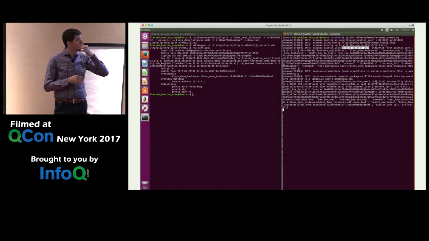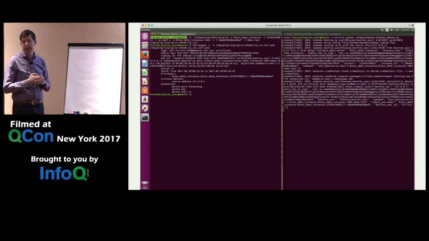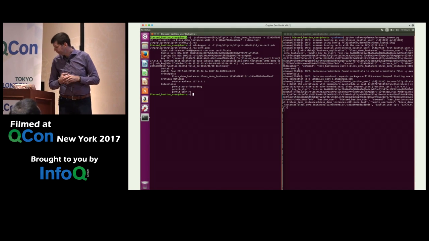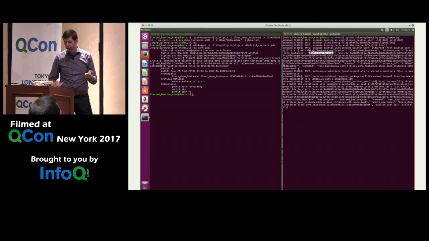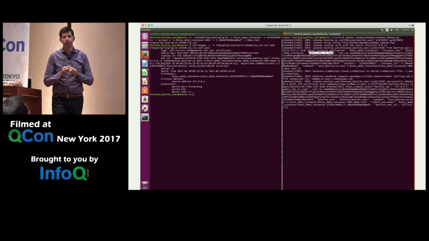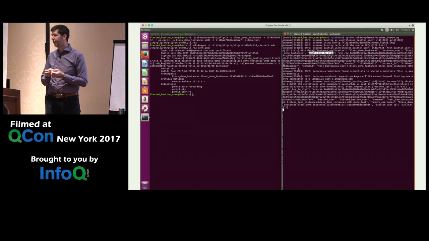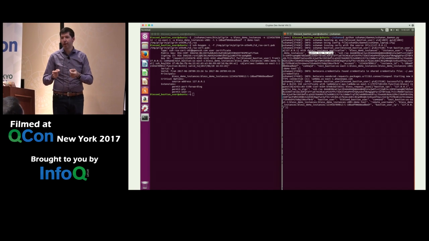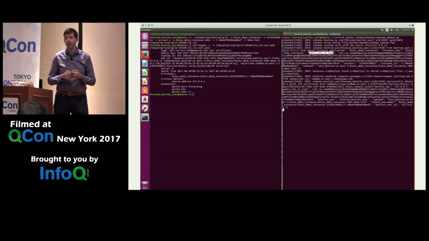Also, if you go back and look on the other side, once Pilgrim runs, Shaman will log information about what it did. So it's actually going to log the fact that Pilgrim ran, who ran it, and it pulls information out about the user on the system that ran that command. So it would have your username, and it injects that in. It pulls its network IP address, and it injects that in as well. And it puts all that information together and makes a request to the Lambda function.